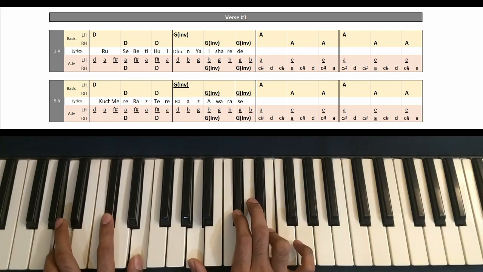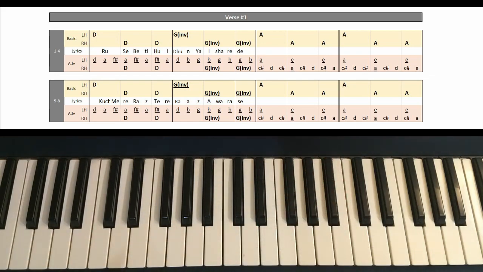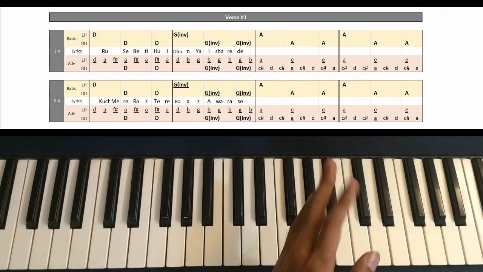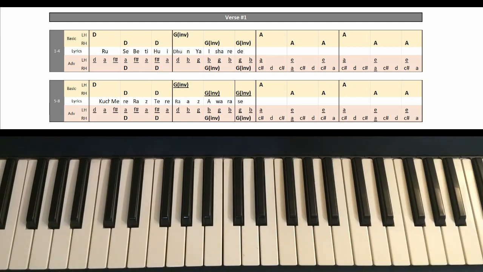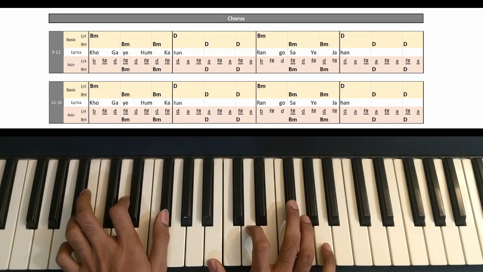Right? Easy. As you see, in every measure we are playing the chord 3 times, which is nothing but the 1 2 3, 1 2 3, 1 2 time signature, and that's how you continue to play. Let's move on to the chorus. The chorus has the B minor chord, so it goes something like this.